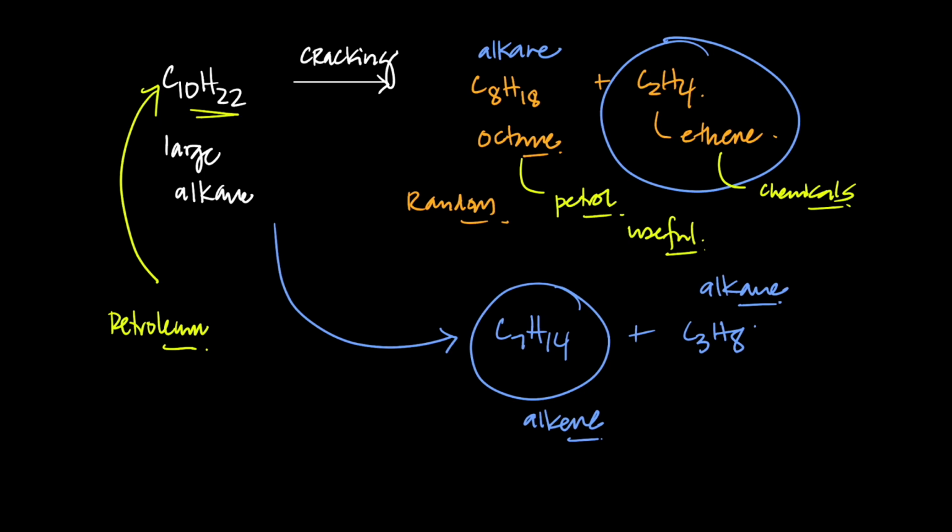And why do we do this? It's a simple supply and demand. Large alkanes have a very large supply. We find them in the oil fields of Iran, Saudi Arabia, Venezuela, Russia, all that stuff. But we want the small fellow, because that has demand. So to balance the supply and demand equation, we take the guys in large supply and break them up into the guys that are in large demand. That's literally it. The big guys are unwanted, the small guys are really wanted. That's what we do.